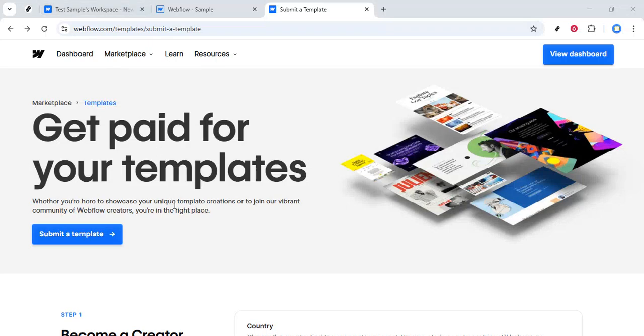In this video, I'll guide you through how to submit a Webflow template. Whether you're a seasoned designer looking to share your work or someone new to Webflow, submitting a template can be a rewarding way to showcase your creativity. This process is straightforward, and I'm here to walk you through each step, ensuring you understand exactly what needs to